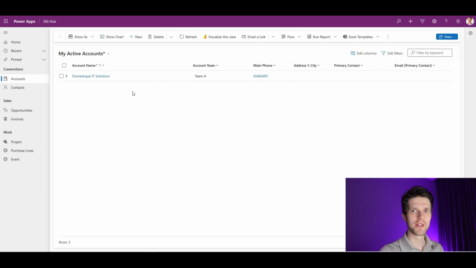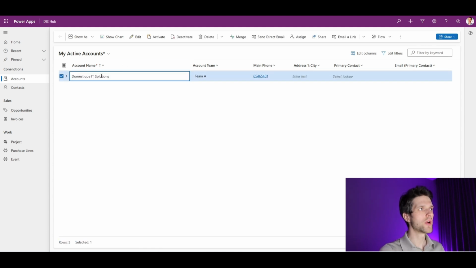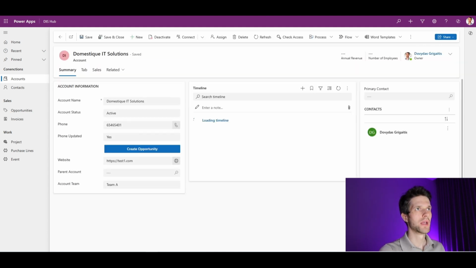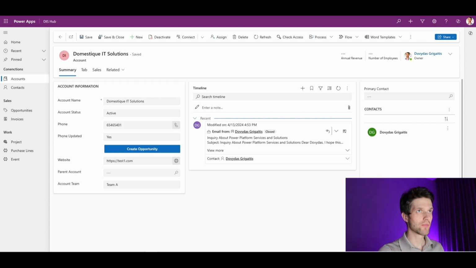But this solution contains some problems, and you might already see them, because in the bottom, I can still see that there are 3 rows, which is not correct, because it's implying that there are 3 records and I can see only 1. And also, if I would open my record, and instead of this account ID, I would put